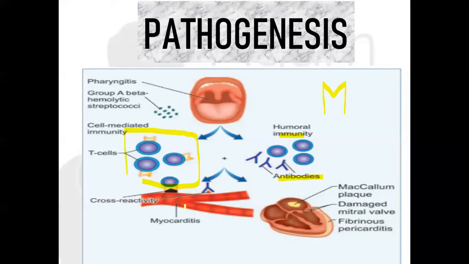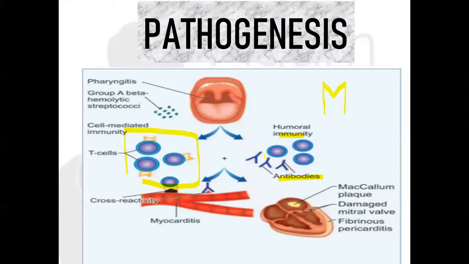So it is attacking the cardiac muscle also. In simple terms, we have two mechanisms: a humoral-mediated mechanism and a cell-mediated immunity mechanism. Humoral immunity is going to be type 2, where the antibodies that are meant to be against the M proteins also cross-react with some cardiac self antigen because of structural similarity.